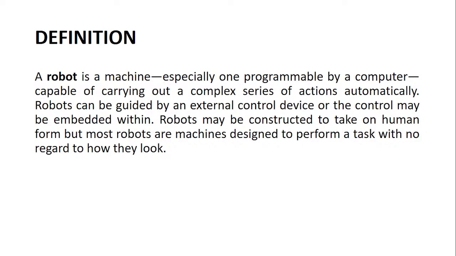It could be simple robots, manipulator robots, pick and place robots, simply fixed in one place. That type of robot can also have multiple steps in a single command. A robot can be guided by an external control device, or control may be embedded within. So the external control device, like you have seen,